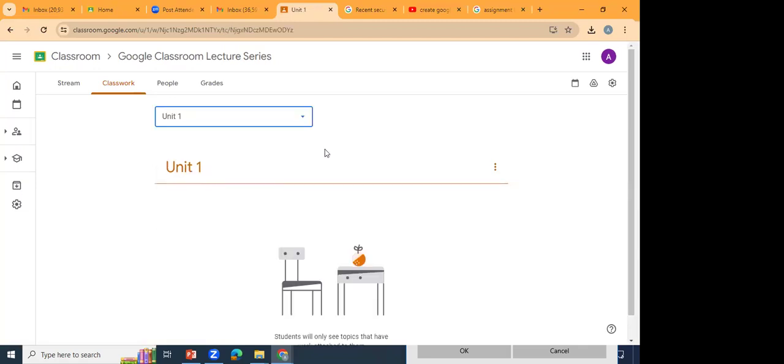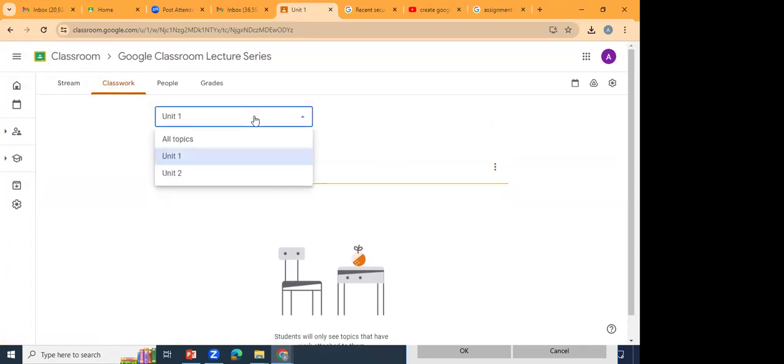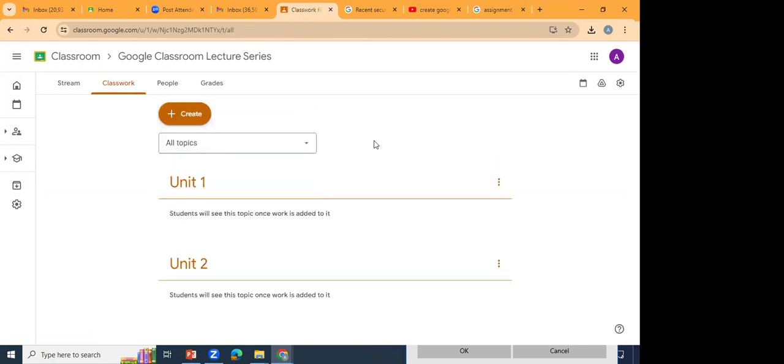Now let's start with unit 1. I'll click on unit 1. Since I have not added anything, nothing is showing over here. So I'll go back to all topics. Now I'm going to create my content, like sharing my PPT, some PDFs, and some video content on this particular unit. For that, again, I'll click on create,